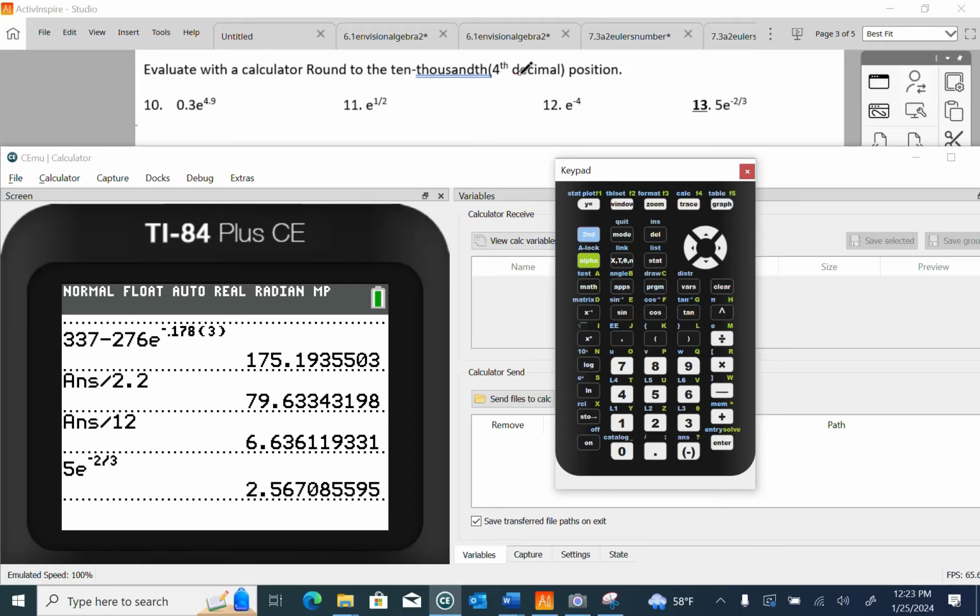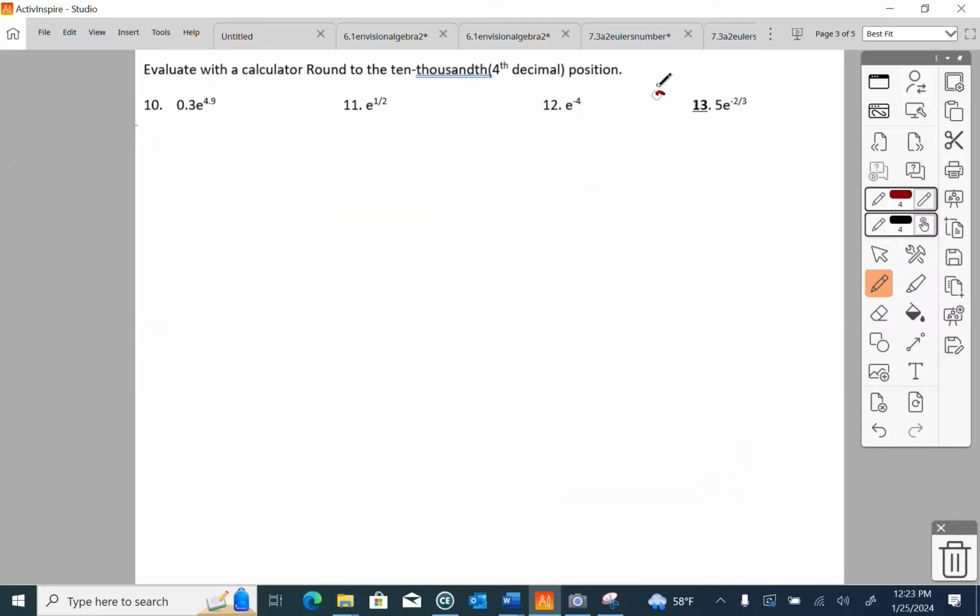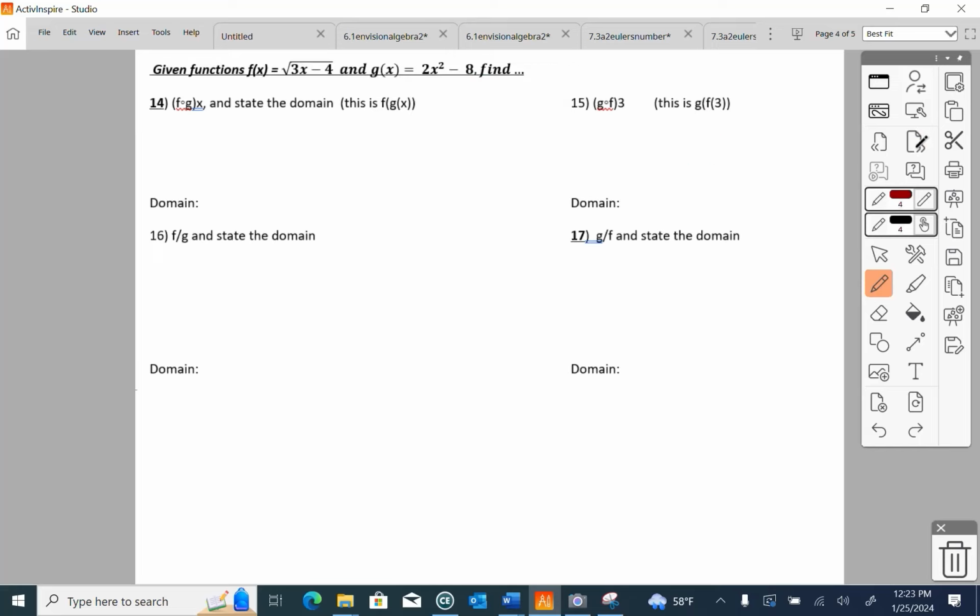2.5671. It says fourth decimal. 2.5671. The only reason this is even on this piece of paper is to make you realize where the E key is. That's it. No other reason. All right, two left to go, and then I get to enjoy my lunch break because I'm working through my